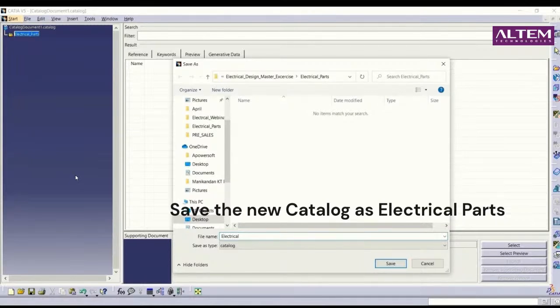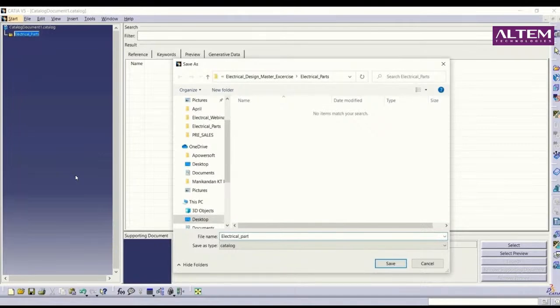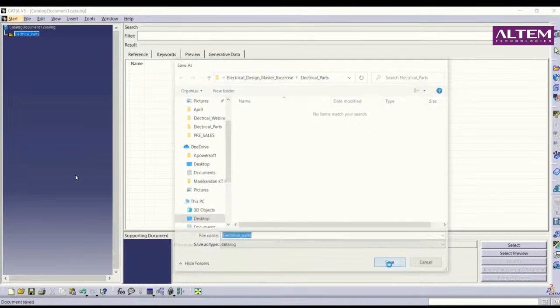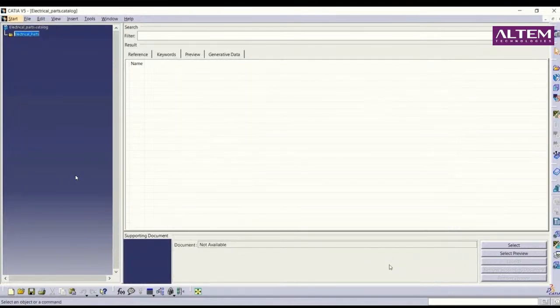And in assembly, we are going to use this catalog which we have created to call the parts and assemble them. So after saving, we can add a family of components. From the add family icon, we can add a family of components in electrical parts,